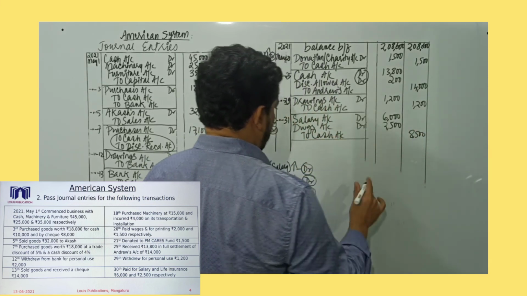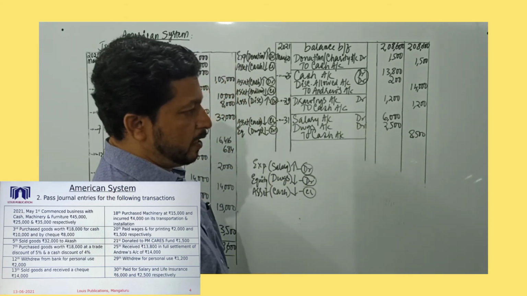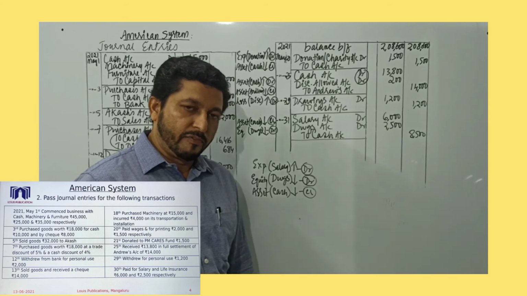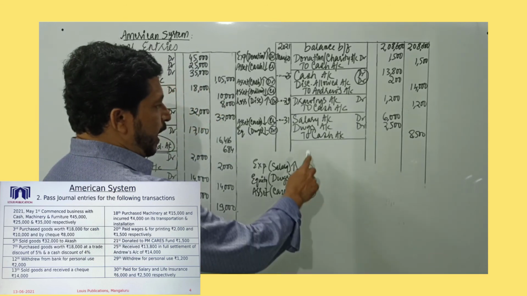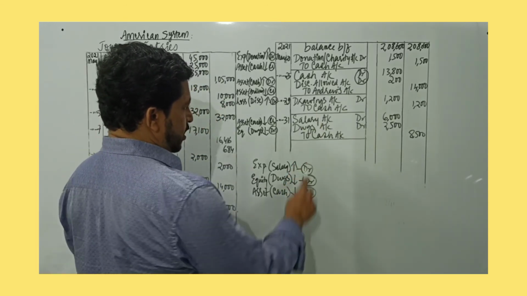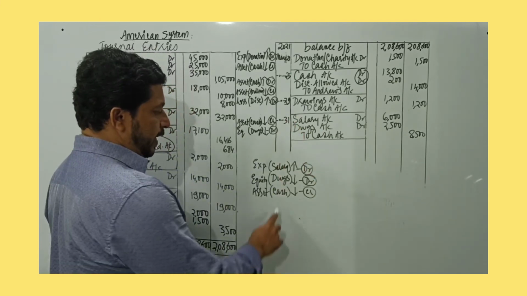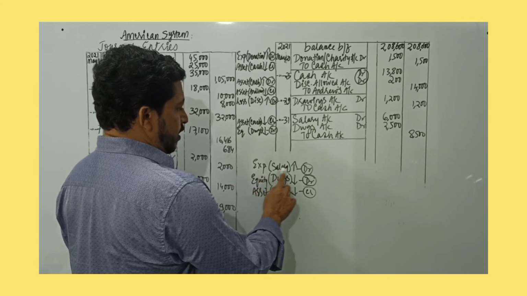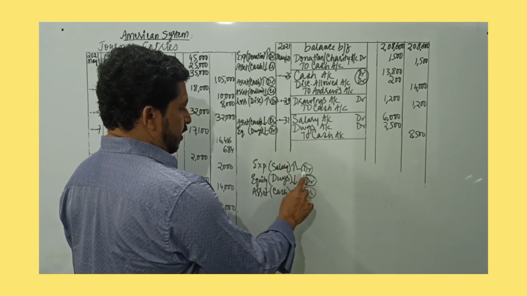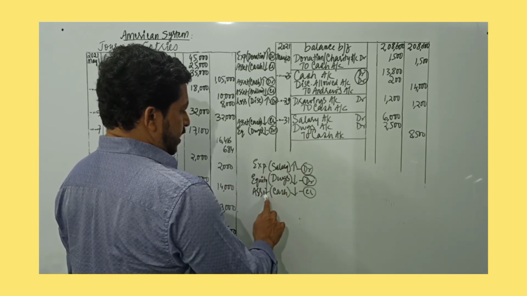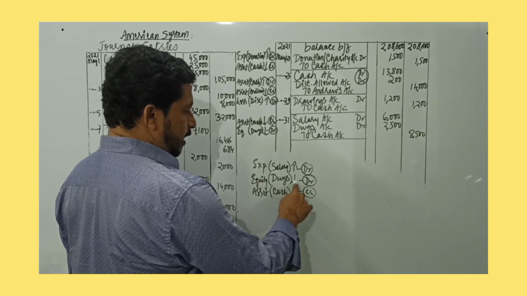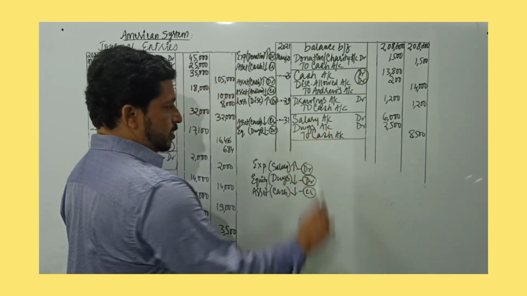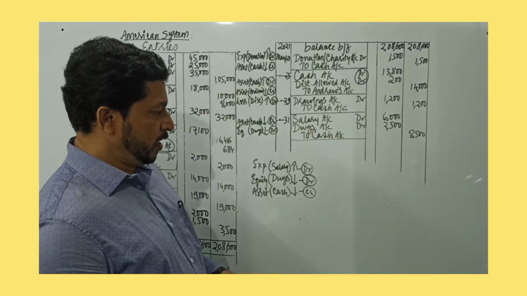So you can record the narration being salary and personal expense, and in brackets you can write life insurance paid. This is his personal expense, and that's why capital value will decrease, equity will decrease, so debited. Salary is an expense, expense value increases, so it's a debit. And cash is an asset, so when you are paying, cash value will definitely decrease. Asset value decreasing is a credit. So this is the journal entry, the 31st dated journal entry.